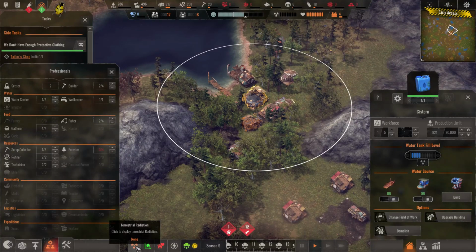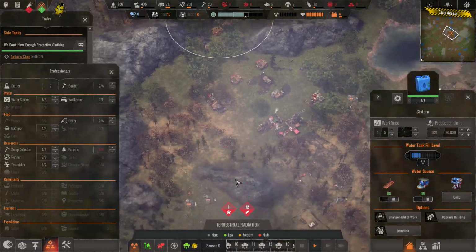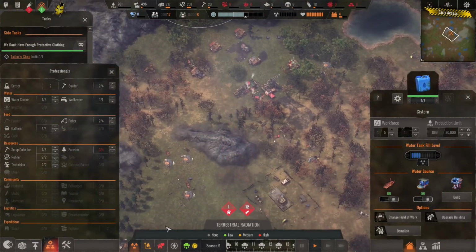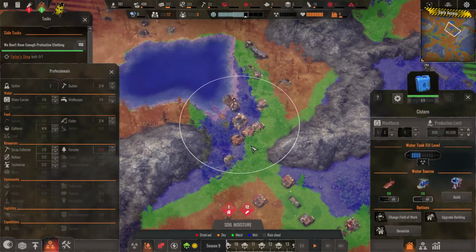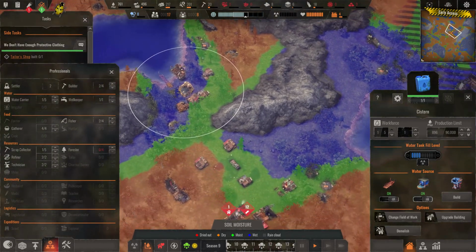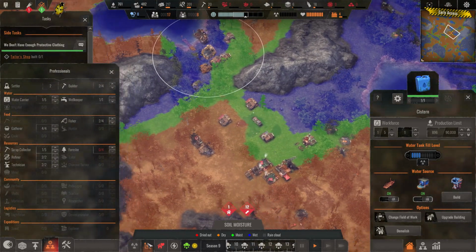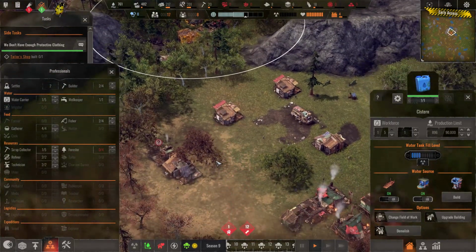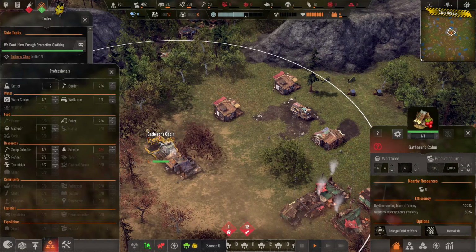And I should take a look at the radiation now. Is the radiation back now? No, it's still gone. And this is one part of this game which really takes a while to figure out, how the radiation and water is connected, but I'll keep using these overlays and see how that works out. But in any event, I can see that gatherers are, for some reason...